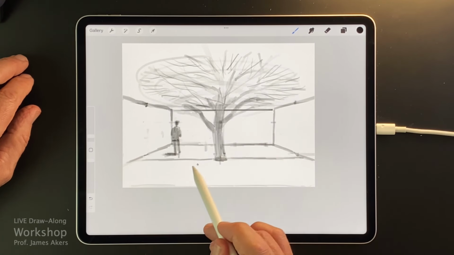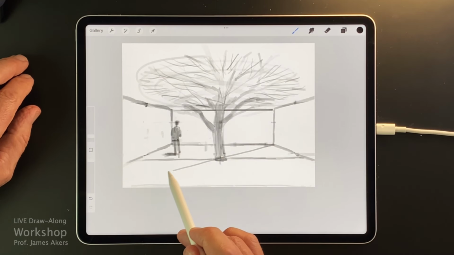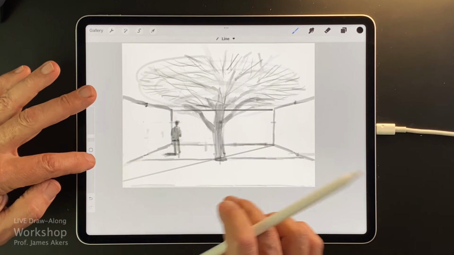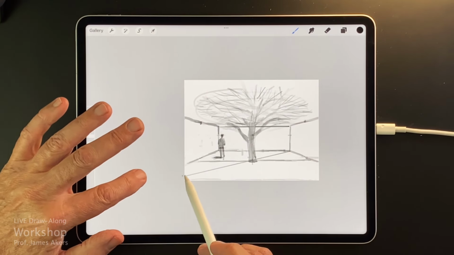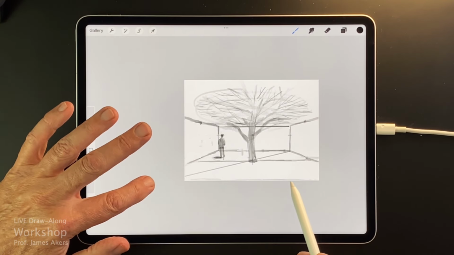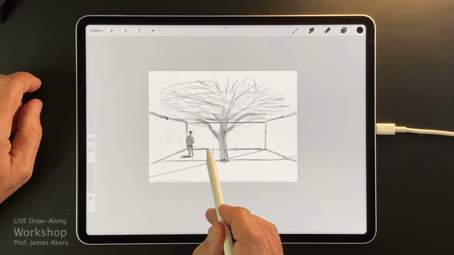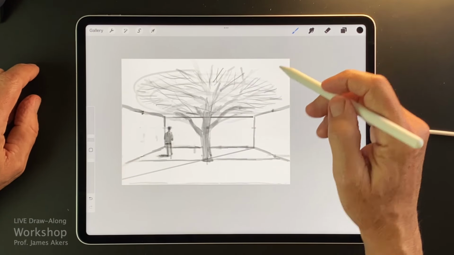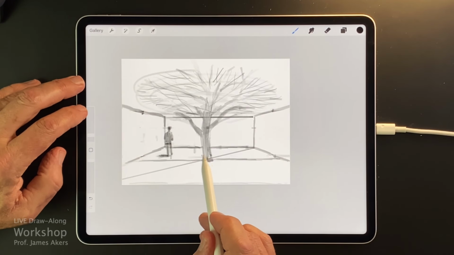And so I can keep testing that hypothesis and go from this corner through the middle of the square down to the lower corner, which of course is way off the page. But that means that the bottom of this square would be way down here. And that looks okay to me for now, so I'll just keep going. And now what I might do is, well, let's get that circular bench in.